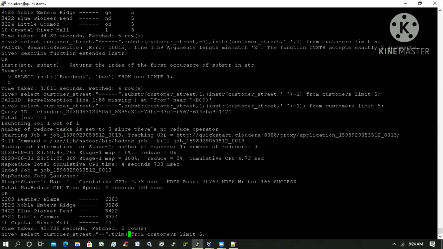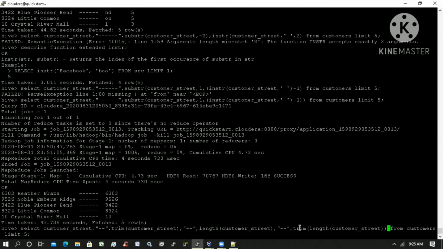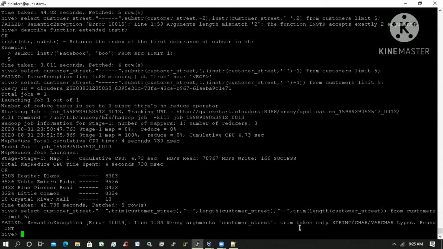TRIM of customer underscore street. TRIM takes only string, CHAR, VARCHAR types.